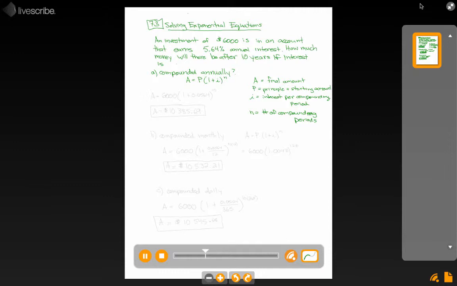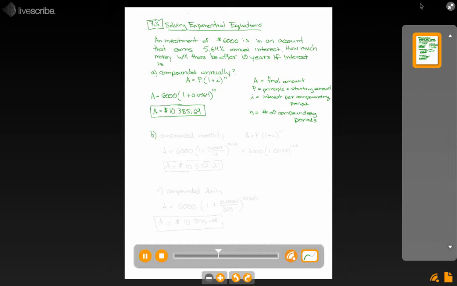In this particular question, we have the simplest possible way, which is A equals 6,000 is our principal, 1 plus 0.0564, because you have to change a percentage into a decimal here, to the exponent 10. And so it just now becomes putting those numbers into your calculator to figure out what that amount is. Makes sense to round this to 2 decimal places, since it is money, and we have